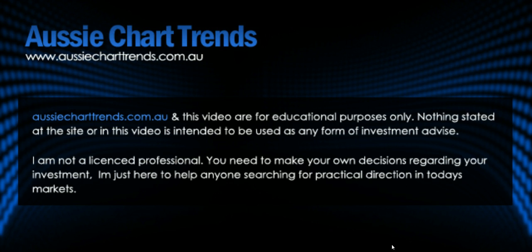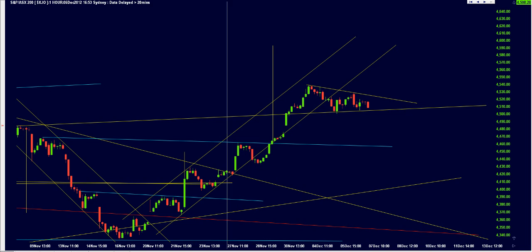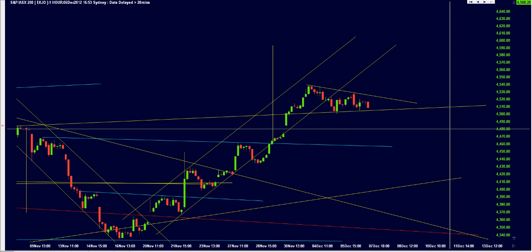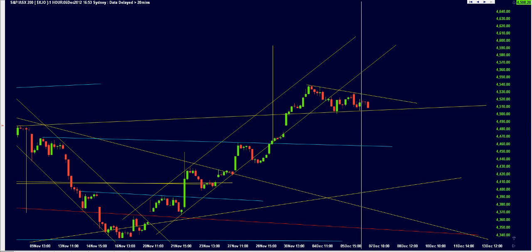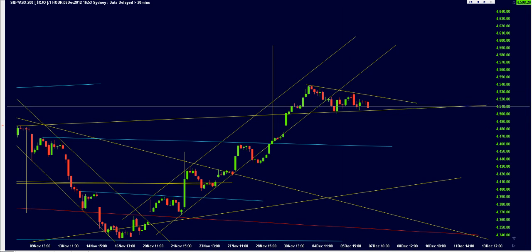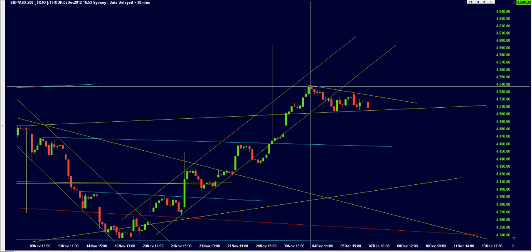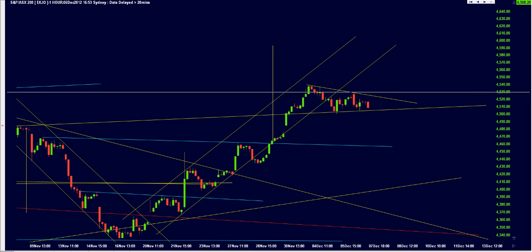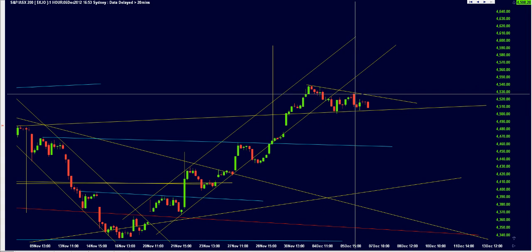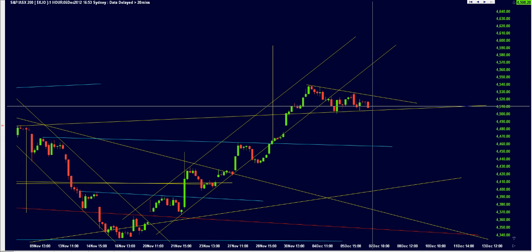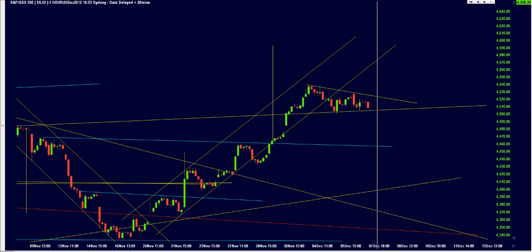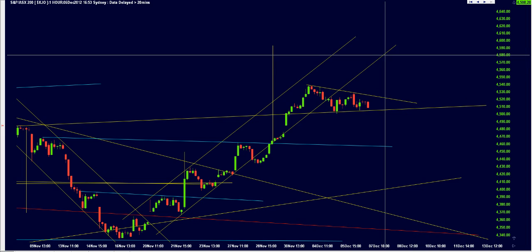Okay, so firstly, let's take a look at the ASX 200. Looking at the hourly chart here, in today's trade we just had that whipsaw action. I've just drawn a new line on the chart. As you can see, this has been an area of resistance now 3 times. You can see that there are 3 clear touches on this line. So I think if we can get over this area, we should run up and probably tag this